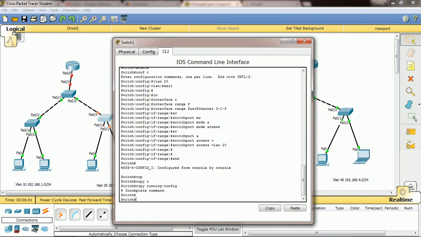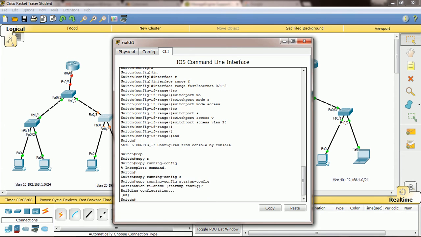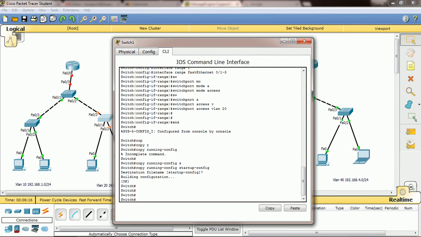So this end command, sorry, we didn't finish that command. This end command is nothing but, if you are in any configuration mode, if you give end, you will go completely back to privilege mode. That is why we are using end. Okay, then everything we did.